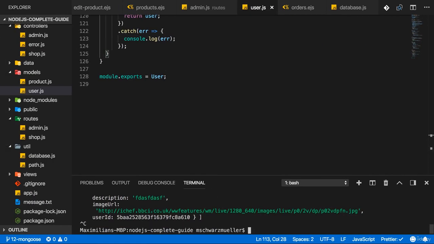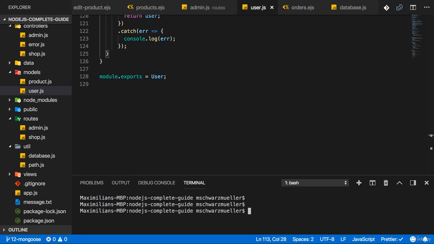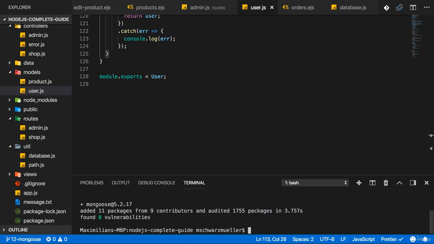Now, to add it to our project, I quit my npm start process, and then I can simply run npm install --save mongoose, like that. That is the name of the package. Now, this will download and add it to our project, and then we are already ready to start using it. And the first thing we want to do when we start using it is that we want to connect to